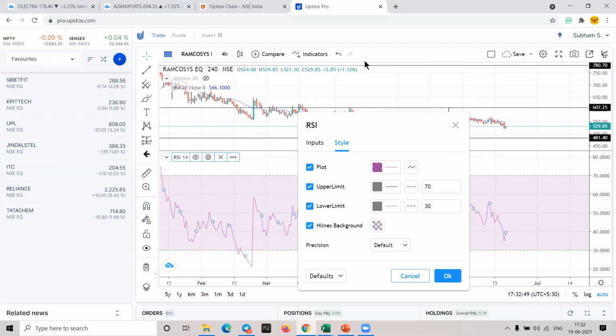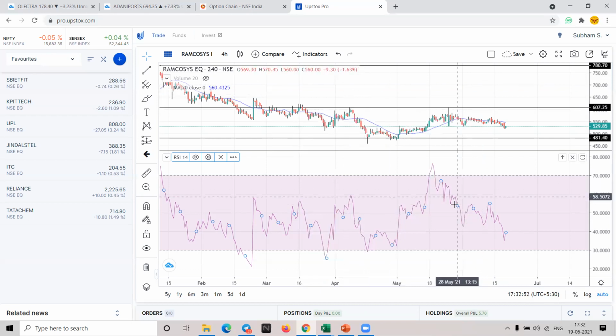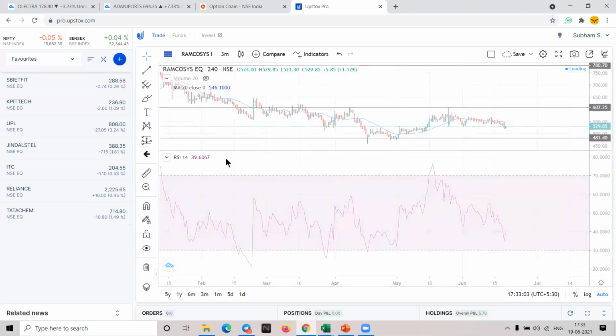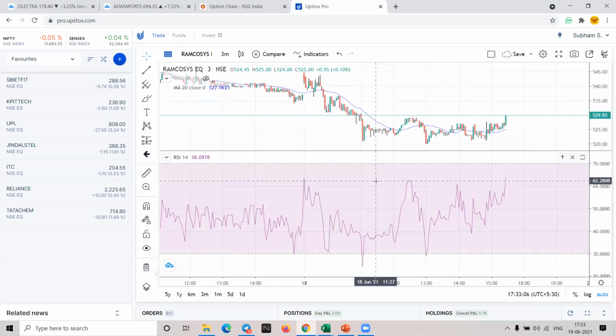Yeah, every time frame will have its own. See, at present, for this moving average we have used 4 hours. So this moving average is calculated based on 4 hour candles. If I select 3 hours here, it will give me the moving average or RSI value of 3 hours. So every time frame will have its own moving average and RSI values. Just like I told you before, every time frame will have its own support and resistance. In the similar manner, every time frame will have its own moving average and their own RSI. Is it clear? Any other doubt you are asking?